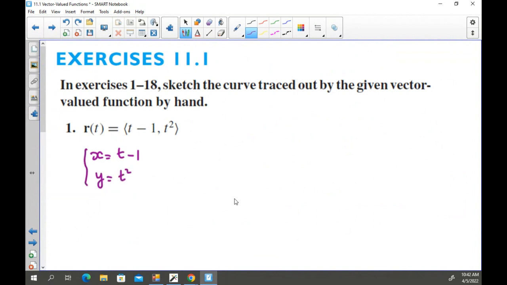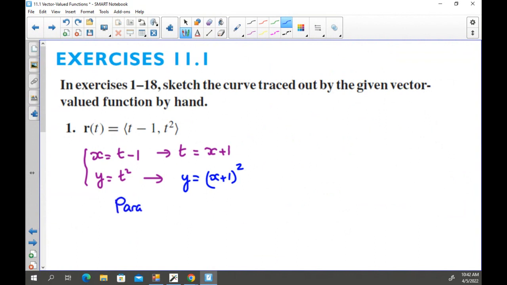I think this one is very similar to what we did before. So t will be x plus 1 and we substitute it here. So you will get y equal x plus 1 squared,